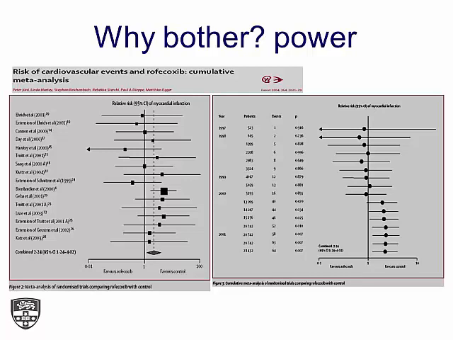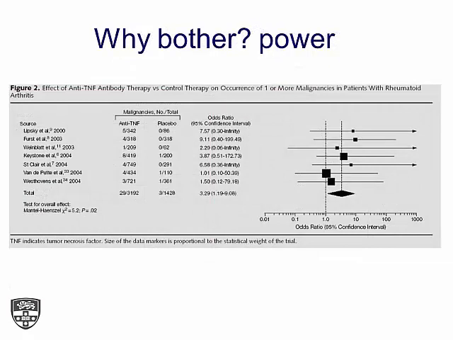If you compare that with the year when rofecoxib was removed from sale, 2005, you can see that for 5 years there was probably inappropriate exposure of patients to this particular agent. If a cumulative meta-analysis was done from the beginning, this may have been avoided. Here's another example of the harmful effects of an intervention. In this case,